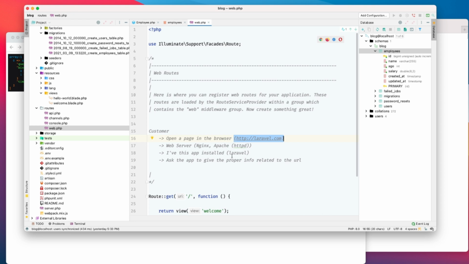The Laravel app then consults its routes directory and sees whether it can serve the route or not. For example, if we request laravel.com/models and it doesn't exist, it will show a 404 error, saying it cannot serve this route. But in case Laravel does provide this route, for example laravel.com/documentation,